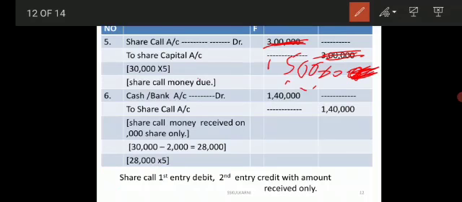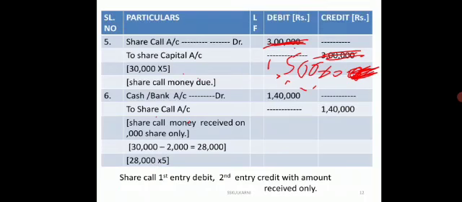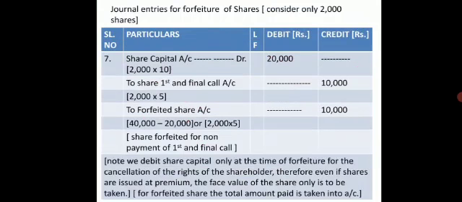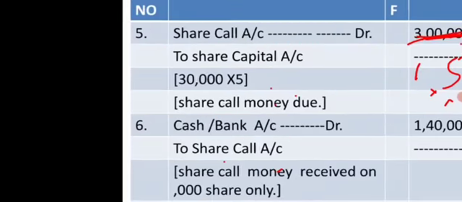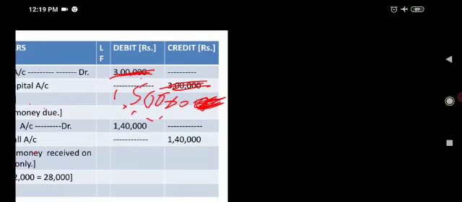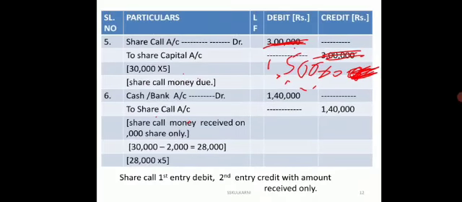1,50,000. So this 1,50,000 should be debited and credited. Next, you have the amount for the receipt of call. So you are having cash or bank account debited to share call account. Now when you are receiving cash, when you are receiving the amount, always cash or bank account is debited. So you are having cash or bank account which is debited to share call account, that is